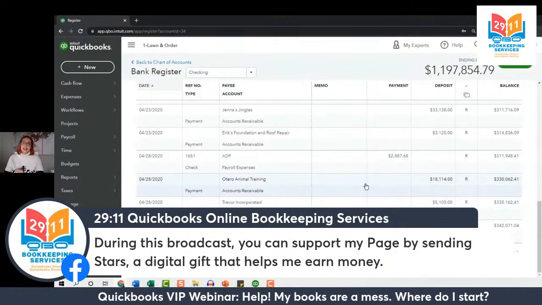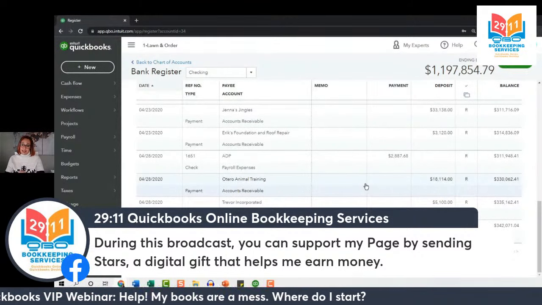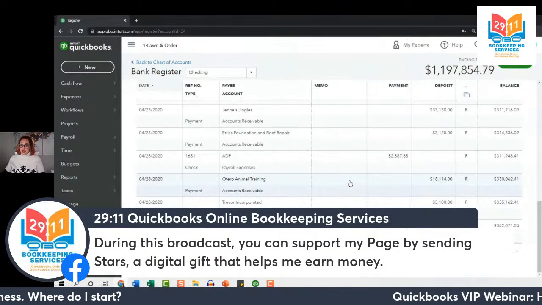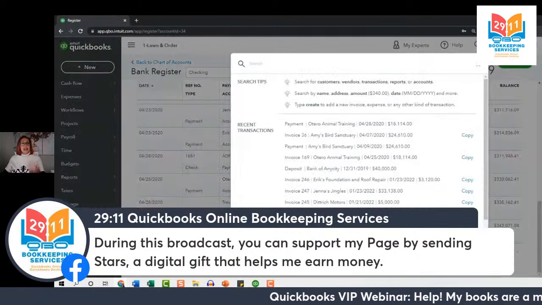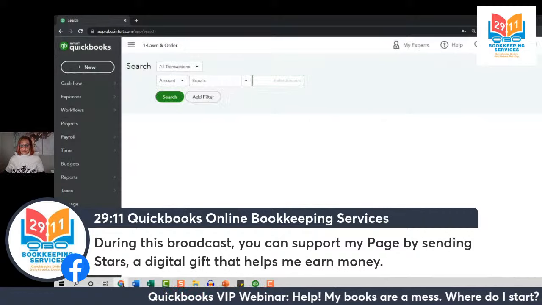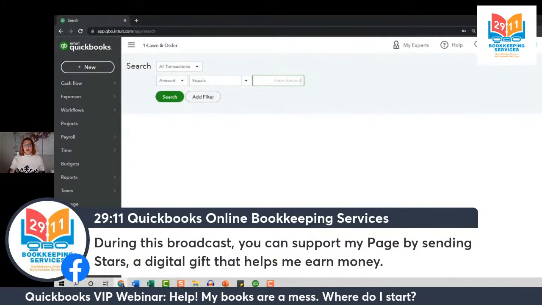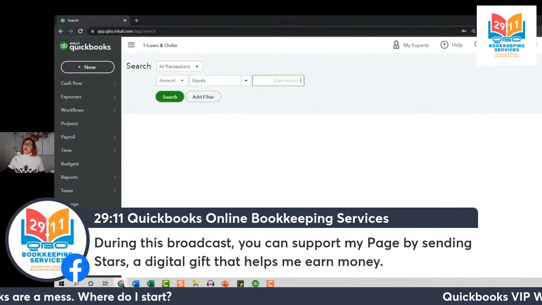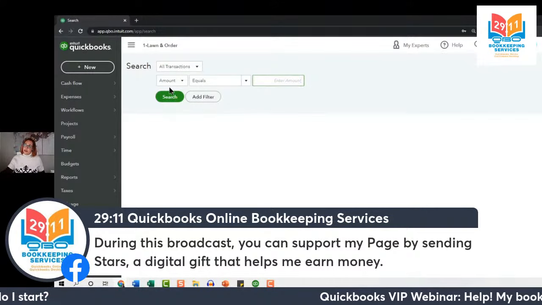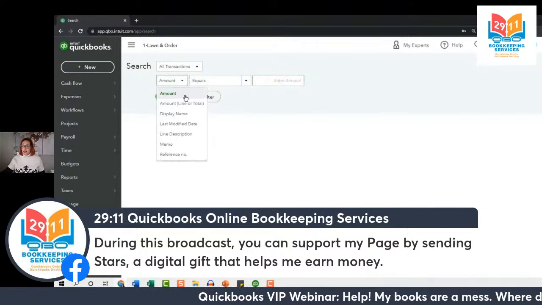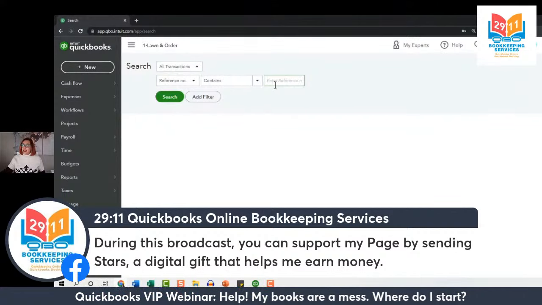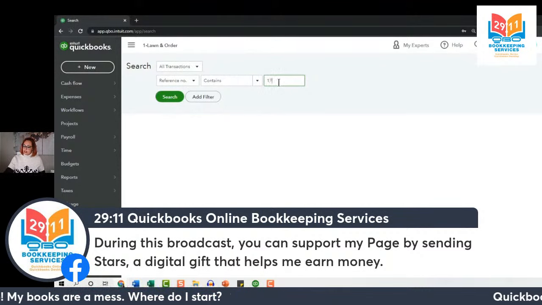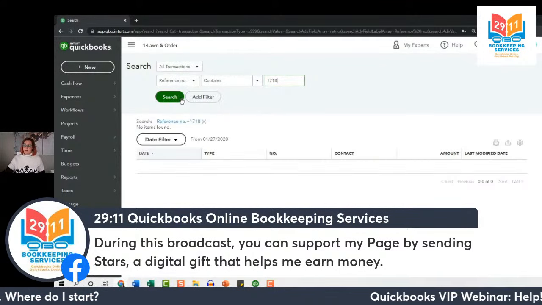But we have one more transaction, the check that was deleted. So let's do a little bit of searching around here as well. Now, another good thing to do here, if we select the magnifying glass and go back to the advanced search, now, when we're talking about physical checks written out of the company's bank account, they're always going to have a check number, right? So when you're searching for a check, it's a good thing to search by reference number instead of by amount. And the check number that we were looking for is actually 1718. And let's select search.